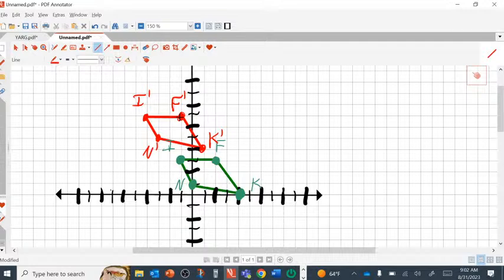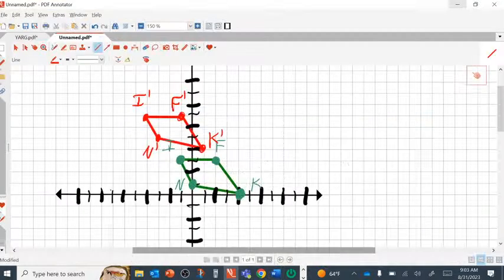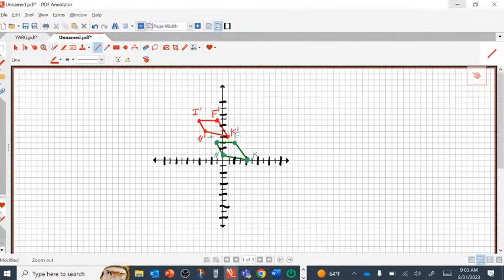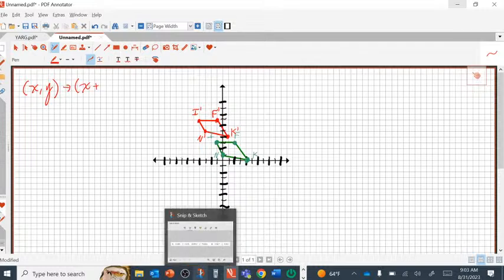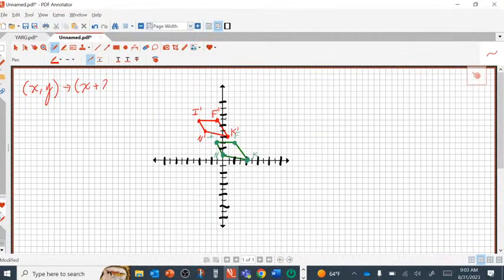Now, the next thing I wanted you to do was take Fink prime and translate it using the rule x comma y goes to x plus 8 comma y minus 6. I'm going to write that down up here. In fact, if you haven't already, you should too. So x comma y turns into x plus 8 comma y minus 6. And if you look at the coordinates of Fink prime,